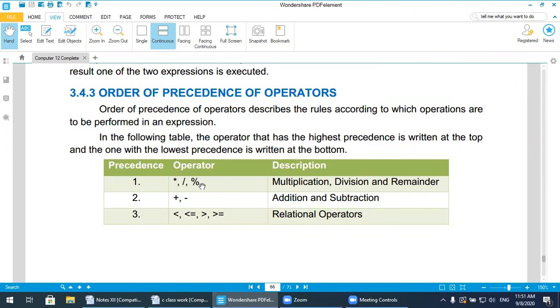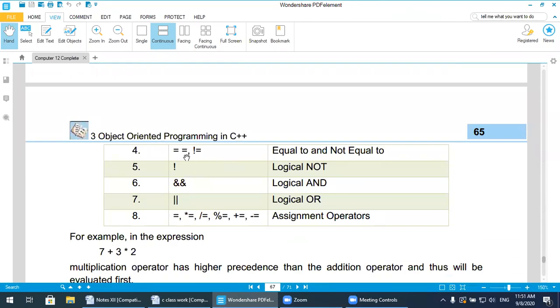priority. Asterisk, slash and modulus. After that, plus, minus. After that, less than or equal to, greater than or equal to, they are called the relational operators. Next one is the equality operator, equal and not equal to, they are called the equal and not equal symbols. At the fourth position, the sign of exclamation mark, this one is the logical not operator. At the fifth position. At the sixth position,